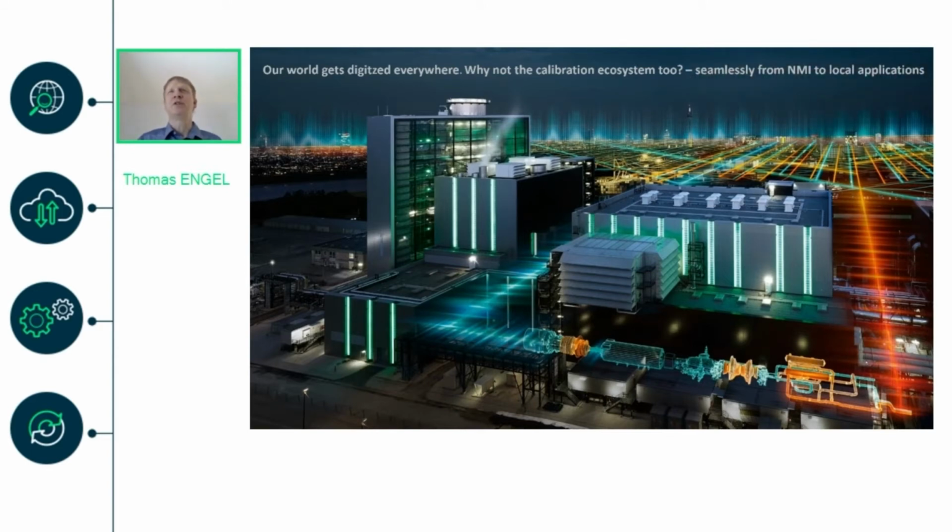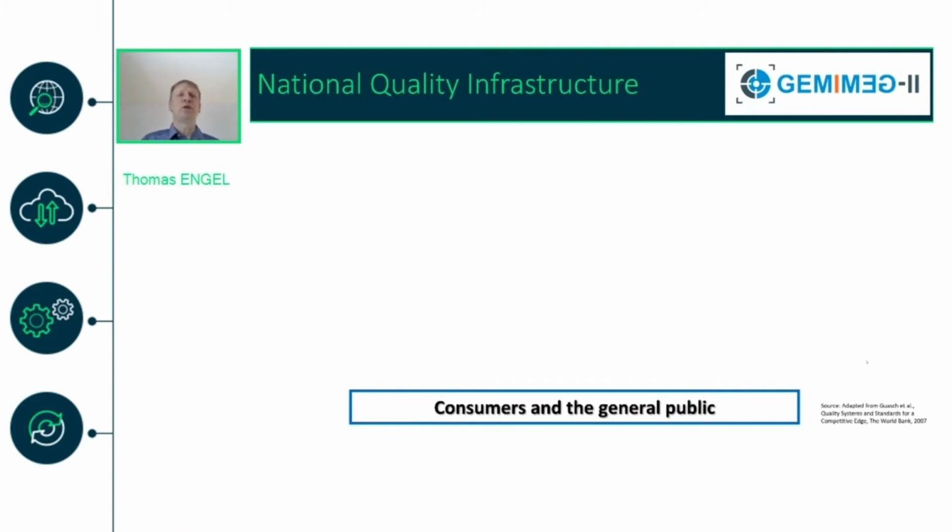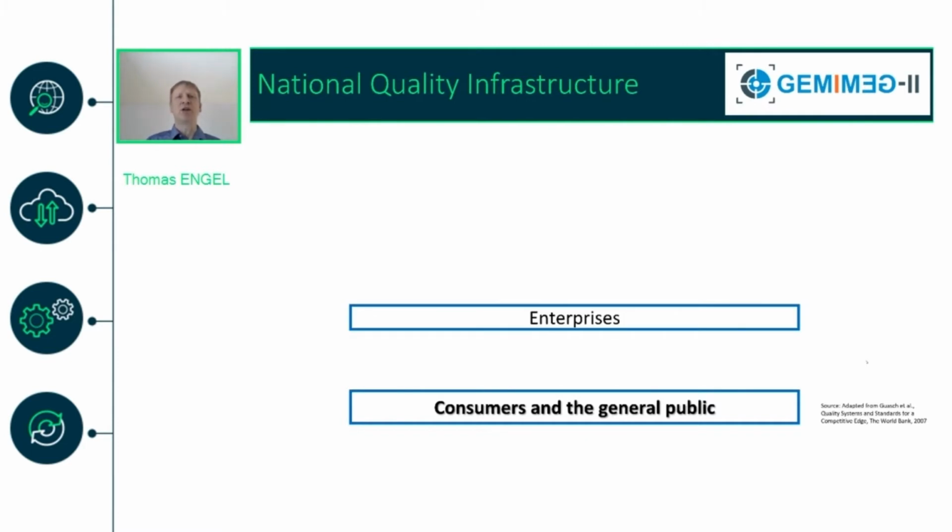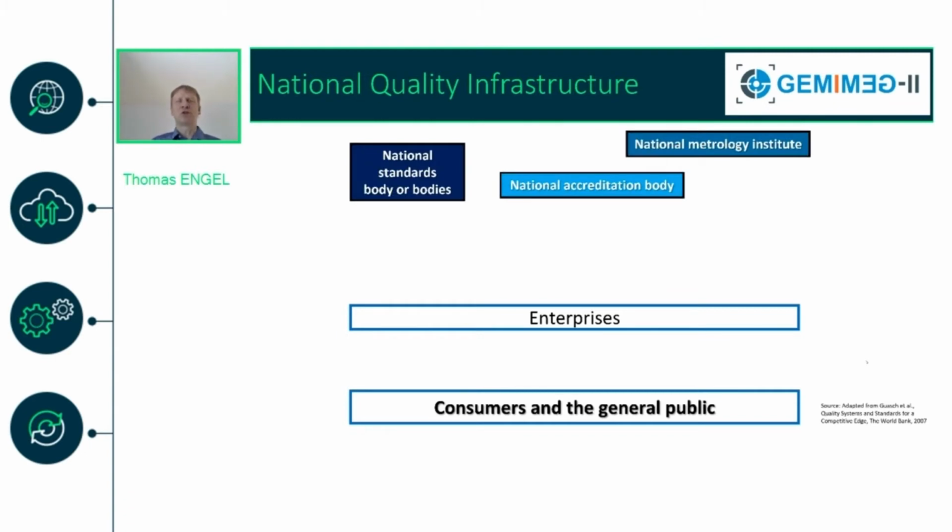Of course, the aspiration is to have a seamless integration from the National Metrology Institute down to the local applications. Here we just have a very brief chart of a typical national quality infrastructure. It really starts at the consumer and the general public, because they are really using the products produced by industry. Then we have the different enterprises who deliver the products. And in order to secure the quality, we have at the top the national standards bodies, the National Metrology Institute, plus national accreditation bodies. They are interlinked because, due to the accreditation and the standards bodies,